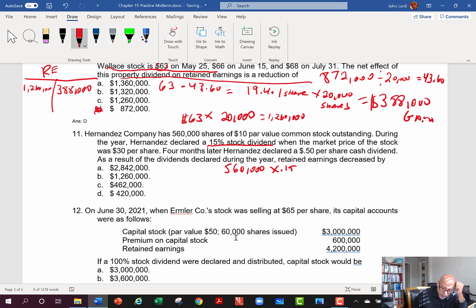That means I'm going to issue 84,000 shares, and I'm going to issue those at the market price of the stock, which was $30 per share, because it's a small dividend. I use the market price. So I multiply 84,000 times $30, and I get